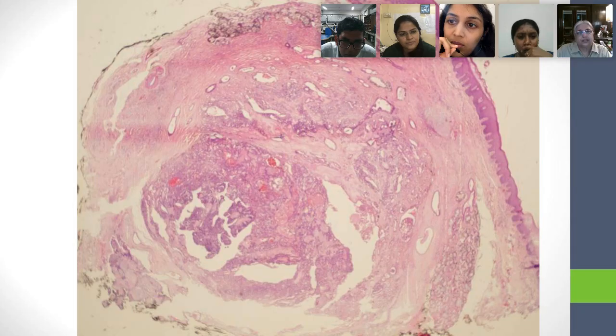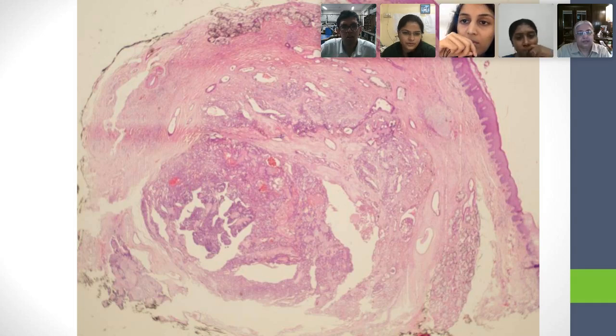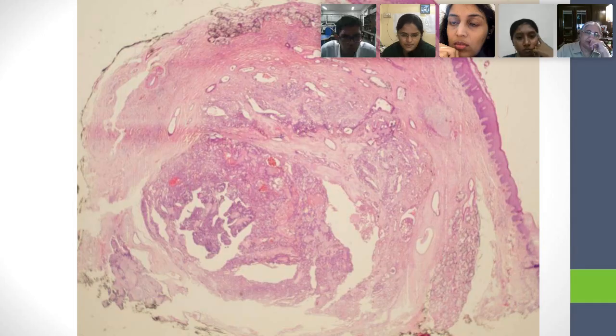You've got an intact palatal epithelium on top. Squamous epithelium. And then in the subepithelial tissue, you have this tumor. And what is it composed of? And if you say glands, Ashish, I will shoot you. What is it composed of? What are all these structures that you are seeing here? They have to be ducts. No, they're not glands. Ducts, ma'am.